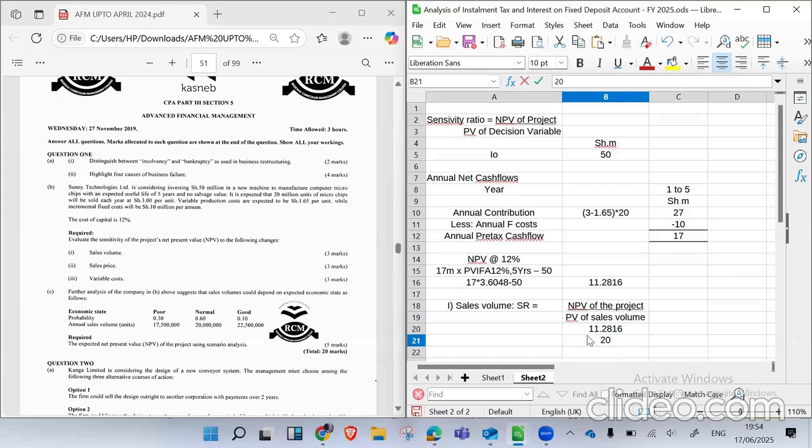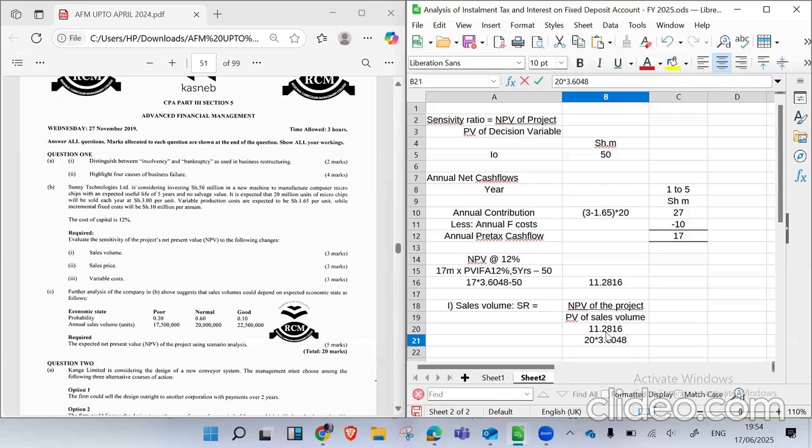We multiply by, we discount at 12% for 5 years. Remember, the sales volume is 20 million annually, 20 million units. It's the volume, not the value. 20 million annually, so that makes it an annuity. We discount using